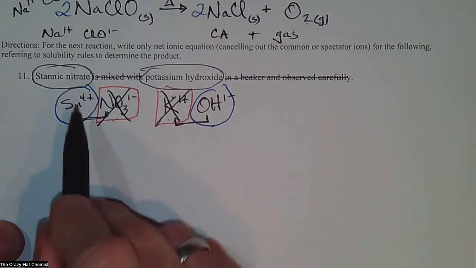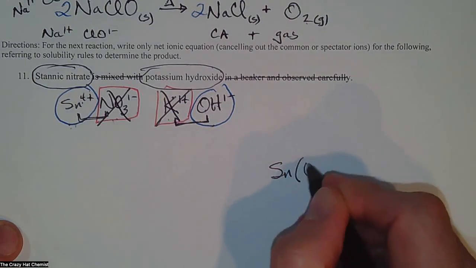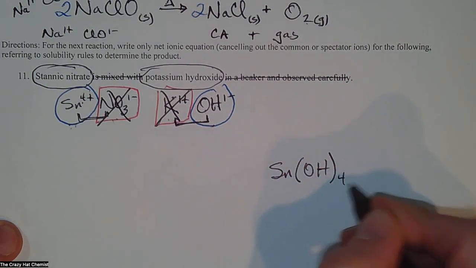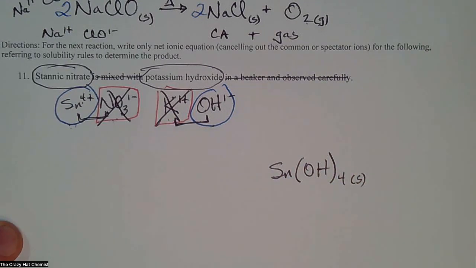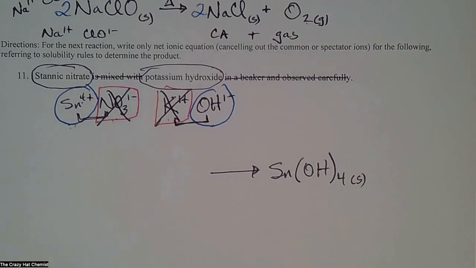So what I'm going to write is stannic hydroxide as my product. That's Sn(OH) with a 4. That's a solid because it's following solubility rules. And what we're going to do here is we're going to take this and effectively go in reverse and do kind of like a decomposition, but in reverse. It's kind of like a